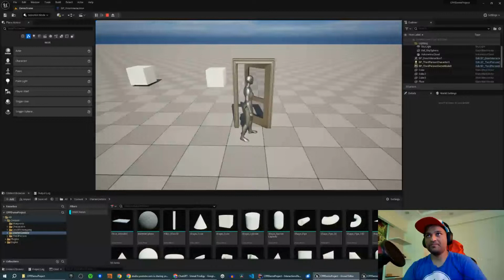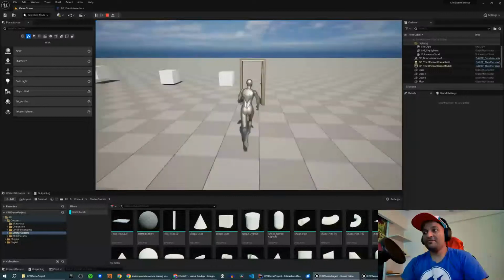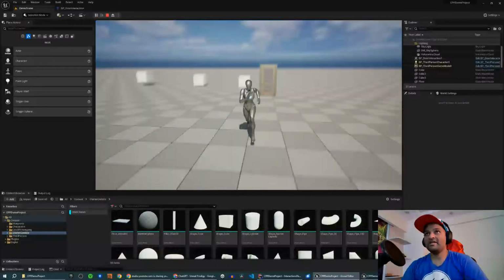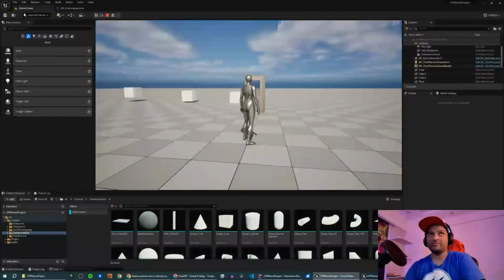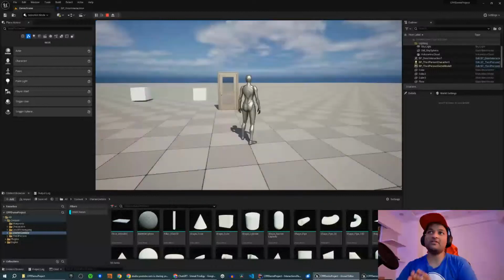So I think I will have to continue this in the next session where we can build some custom character input. We can set up a MetaHuman character in C++, and we will understand how a character class can be made in C++, how we can set up an input system that works with C++, how you can set up a MetaHuman that works with C++, and also how you can set up